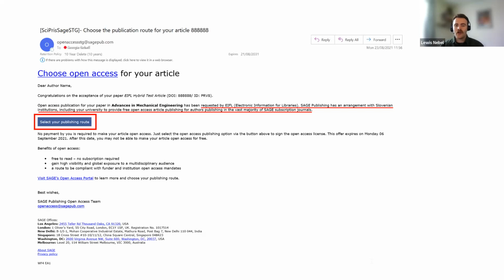I actually can't remember if we had a retrospective pricing set up in the agreement for EIFL, so I'll look that up at the end of this. I'm not sure. Some deals that we have, if an author misses this 2-week window and then contacts us saying that actually they want to publish open access, there's a retrospective price which is built into the contract. Sometimes there's not, and I will find out at the end of this.